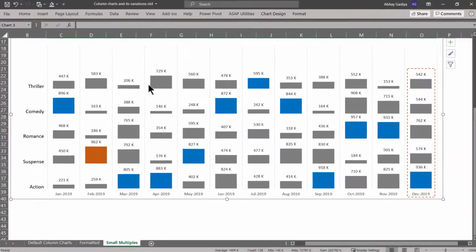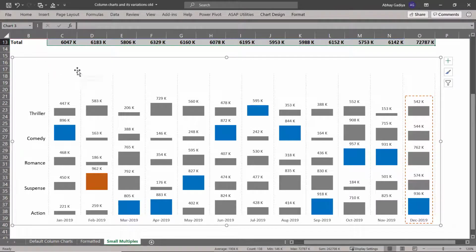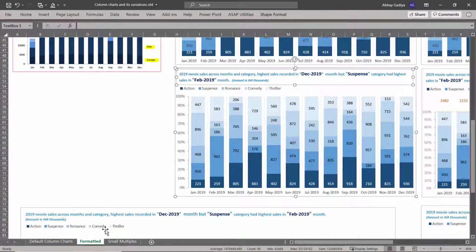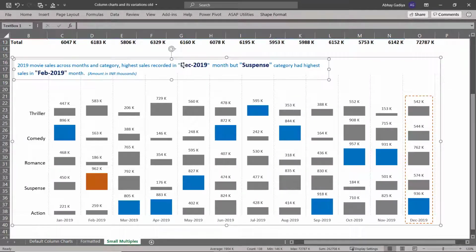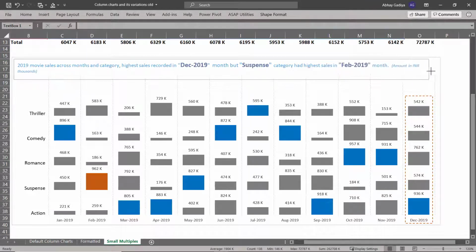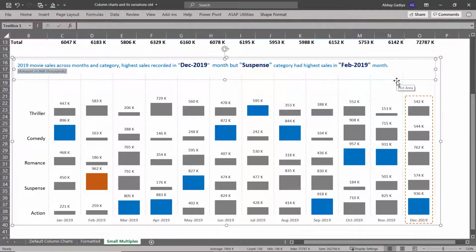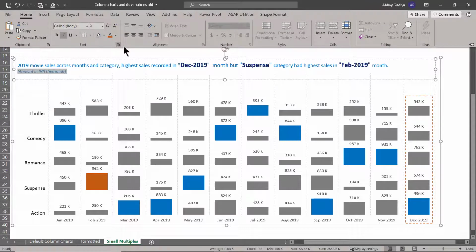So now we will have to insert our chart title also. Let us go back to our previous chart and copy this chart title, Ctrl C. Let us come back to this chart, press Ctrl V, and immediately you can see our chart title is getting displayed. So let us quickly format this chart a little bit. Let me press Enter over here. I will change the color for this amount to 1000 to gray color.